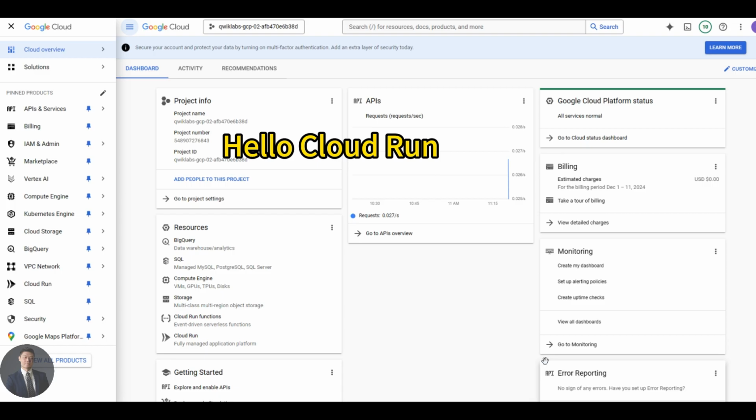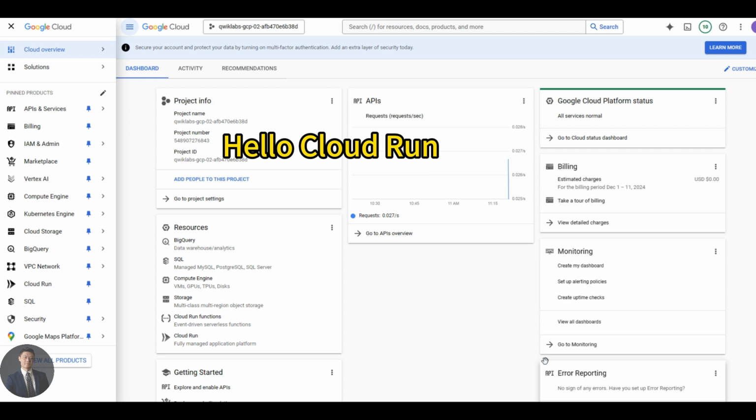Cloud Run is built from Knative, letting me run my own containers, either fully managed with Cloud Run or in my Google Kubernetes Engine cluster with Cloud Run